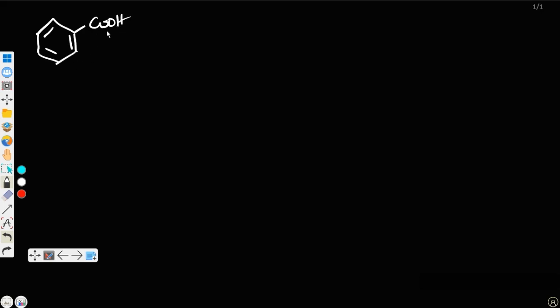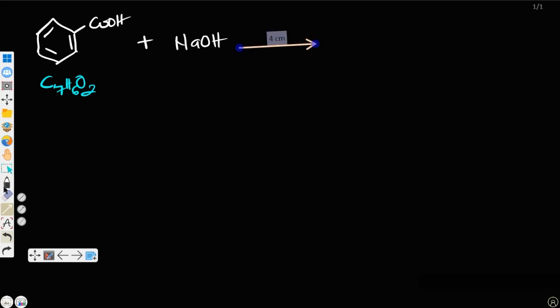Then plus this one 6, then 2 oxygen. This is C7H6O2, which is benzoic acid. Now when you react benzoic acid plus sodium hydroxide, according to what we said from the equation of reaction, what are we expected to get? We are supposed to get sodium benzoate, which is this,